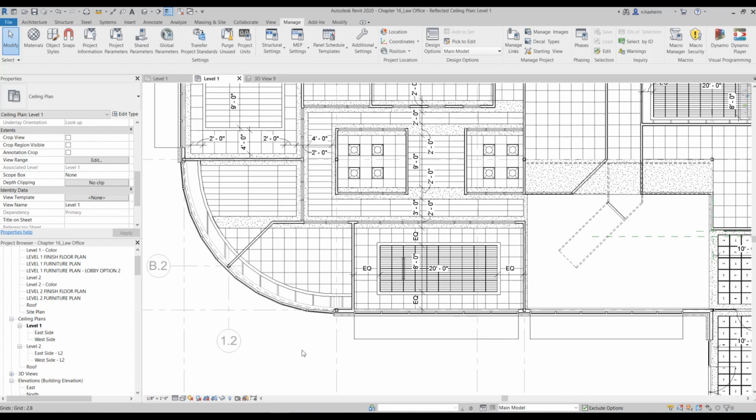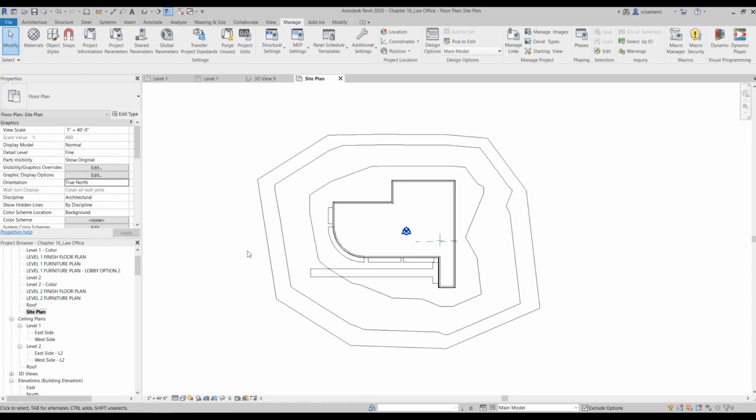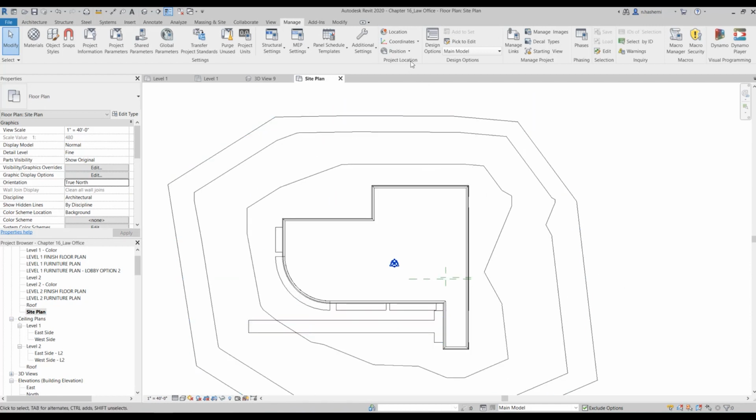Okay, so to set the true north, we need to go to the site plan view. Okay, and then from here, we need to change the orientation. You see that right now it's set to project north, so we're going to change it to true north. Okay, and then we need to tell Revit the direction of the true north.